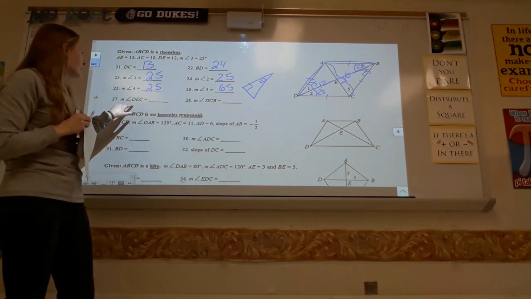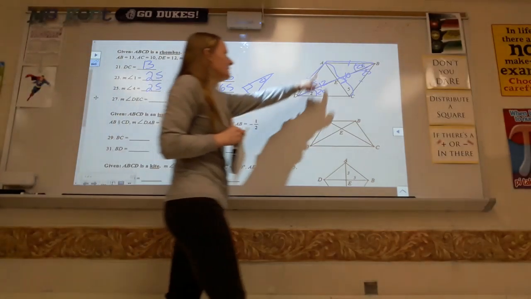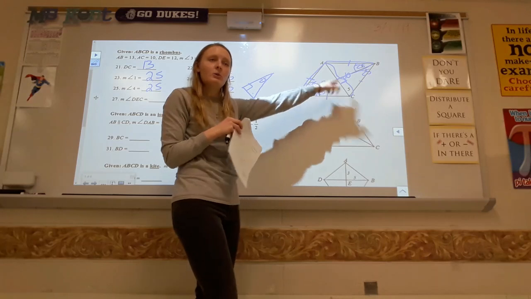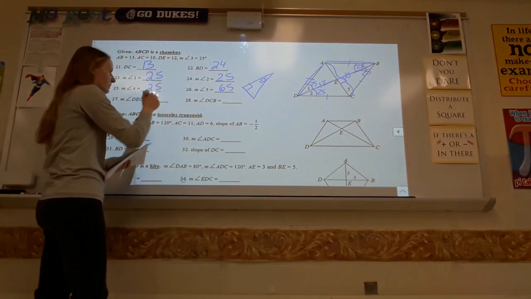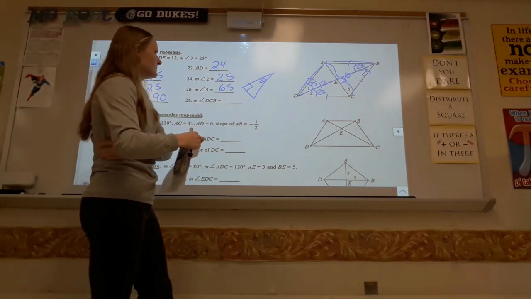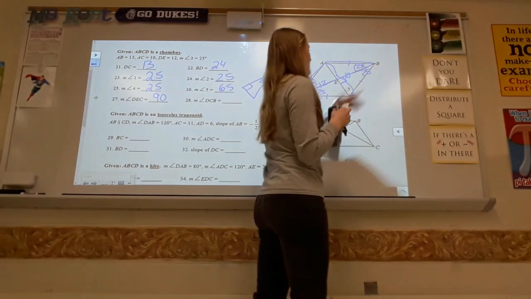All right, and then the last 2 angles, I want DEC. DEC is right here. Remember, the diagonals are perpendicular, so any of those angles in the middle where the diagonals are crossing, those are 90, because they're perpendicular. And then the other angle is DCB. Okay, so they want,